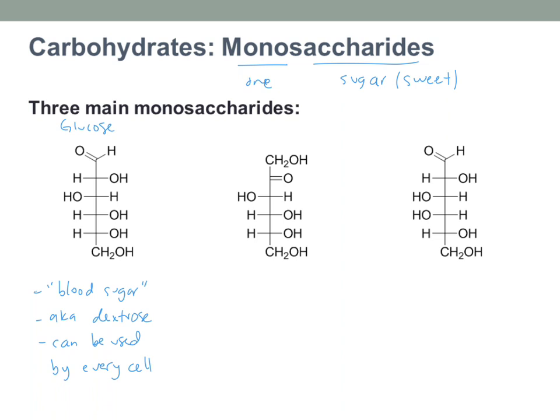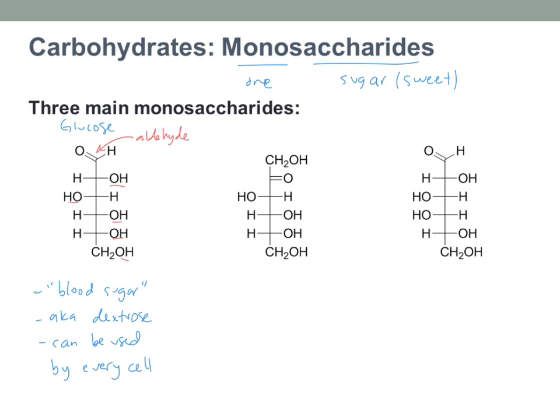Every cell has some sort of GLUT transporter, like GLUT1 or others, depending on where you are in the body. But glucose can definitely be brought into all of the cells, and that'll be different than some of these monosaccharides we'll talk about in a second. Now, if you take a look at glucose, based on our previous discussion, yes, it's polyhydroxy, because I have all of these hydroxyl groups. And right here, I have an aldehyde. So glucose should be considered a carbohydrate, which makes sense. That's why I'm talking about it right now.